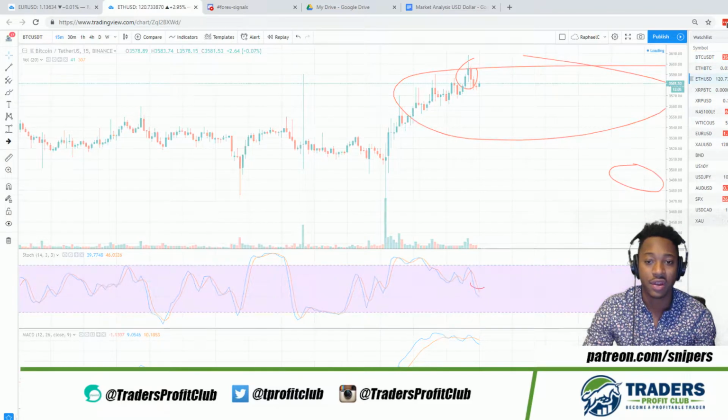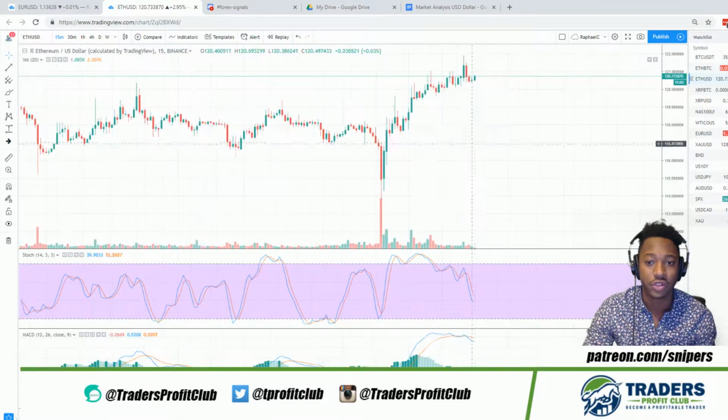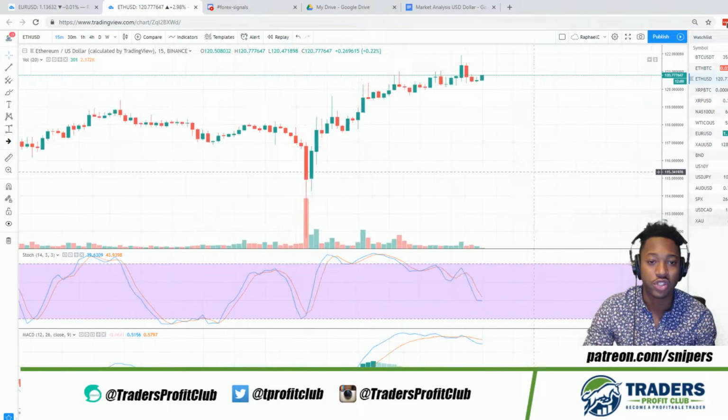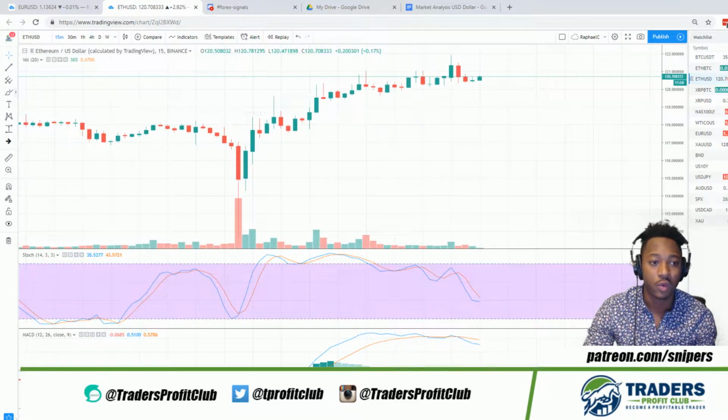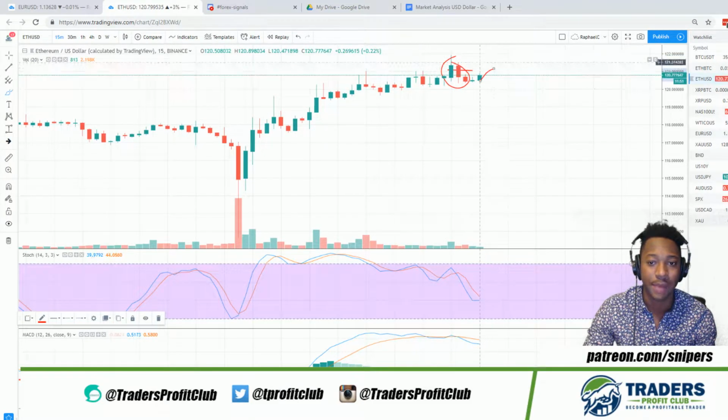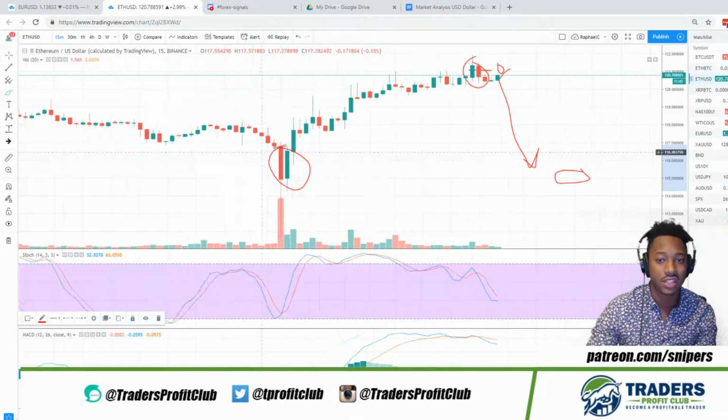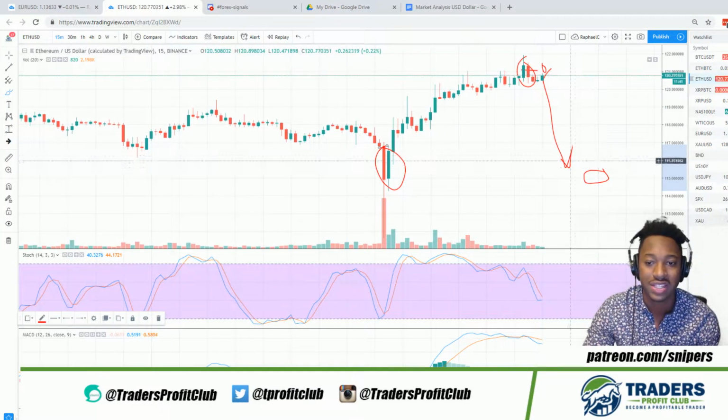We can look at Ethereum as well. Ethereum is looking at a price reversal too. We can see that railroad tracks, as we talked about earlier. Railroad tracks is two candle formations that are very perpendicular to each other. As we can see, price is probably going to have that spike to the upside to trap those sellers before that move to the downside. Probably retest 115, which we saw was a previous structure of that last railroad tracks. So that's where price is probably going to retest those lows.